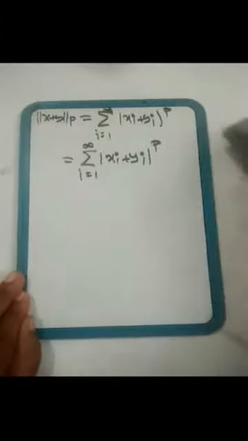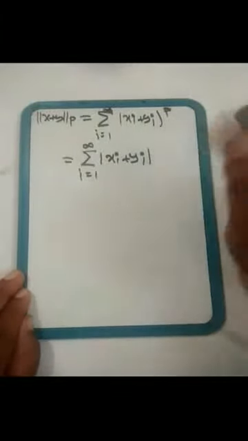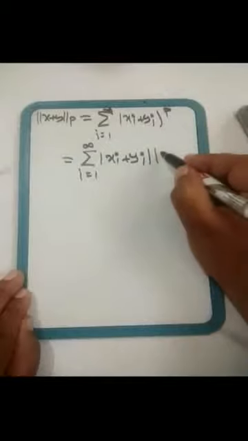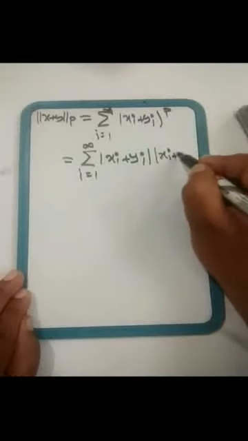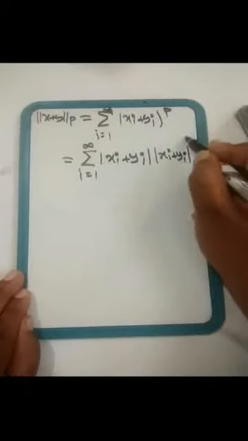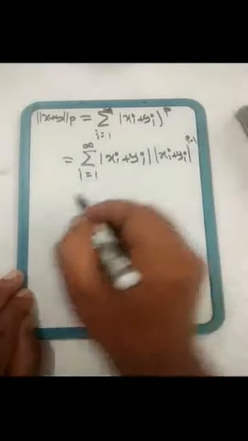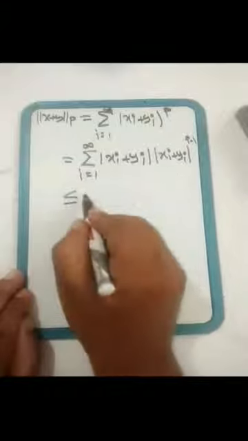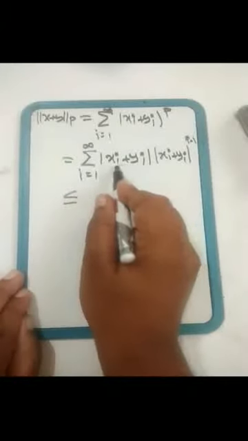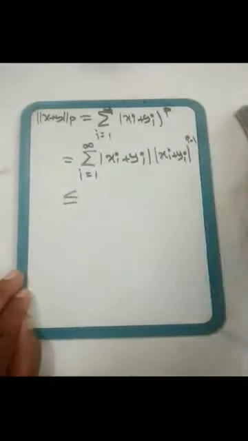This could be written as what? This times, as a real number, p minus 1. Okay. Now this is less than or equal to, by the triangle inequality,